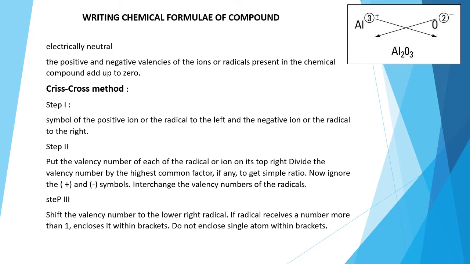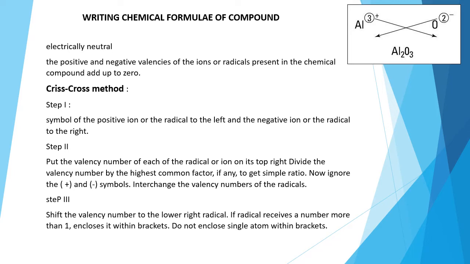To write the formula, we have to follow the 3 steps. This method is called the crisscross method. The first step: write the symbol of the positive ion or the radical to the left and the negative ion or the radical to the right. We have to write the symbol. Then step 2, put the valency